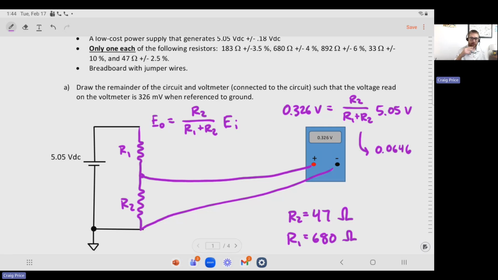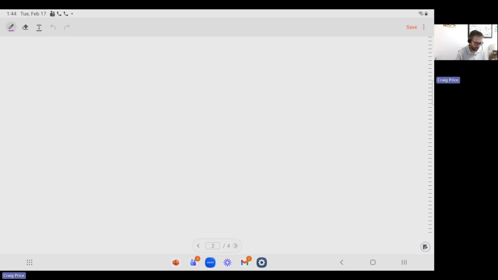So that is the equation for a voltage divider. Anytime I'm trying to step down the voltage, all I need is two resistors. Or, in the case of labs, we can tie them together. But this was the answer for part 1. Now, part 2 is where it gets a little spicy. Stay tuned. So I go to the next slide,